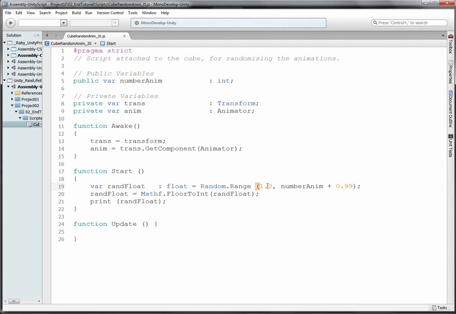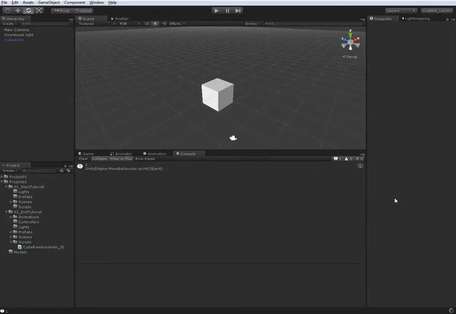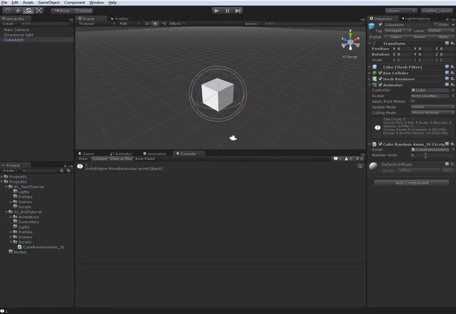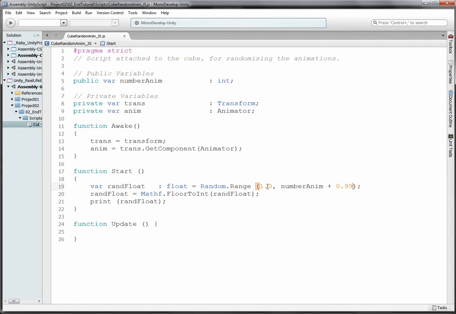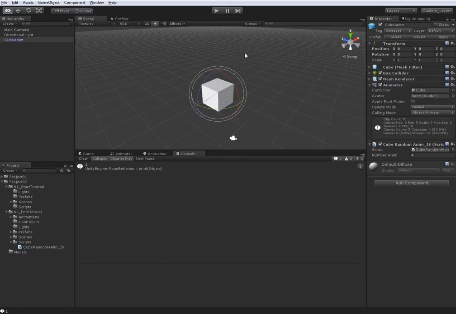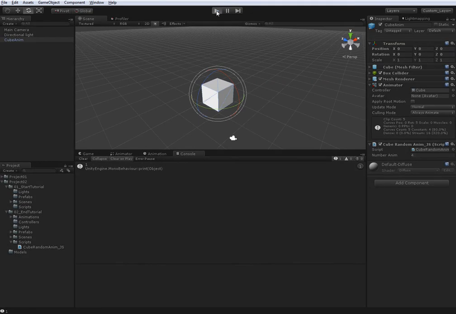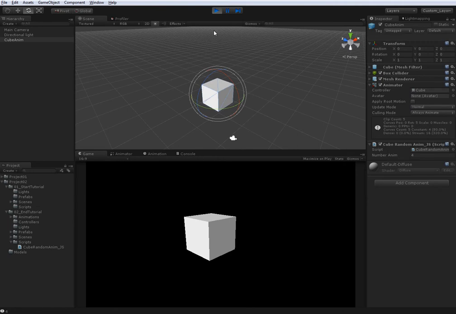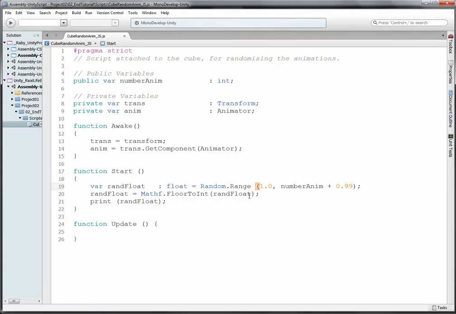This way the random number will be between 1.0 and, in our case where it's 4, 4.99, and this way we have a bigger chance of hitting 4. Yeah, we have 4. Because sometimes the random number will be 4.55,